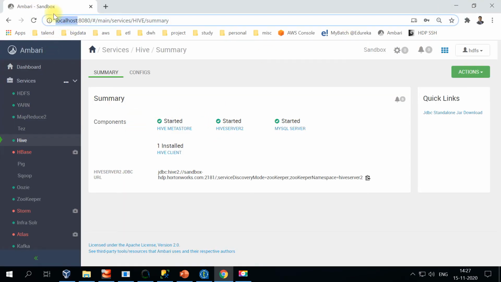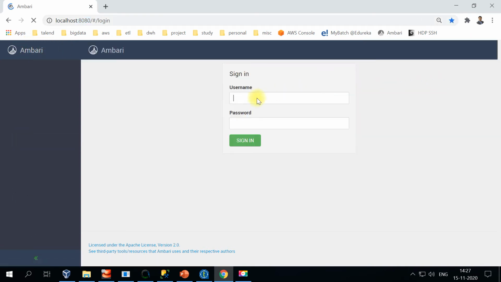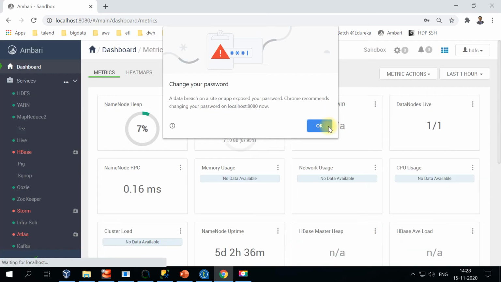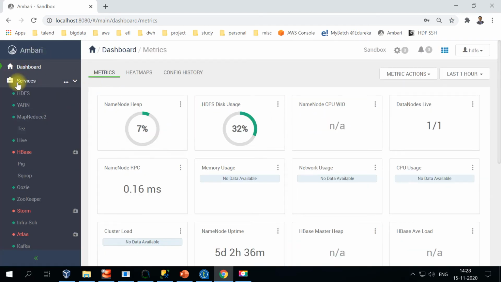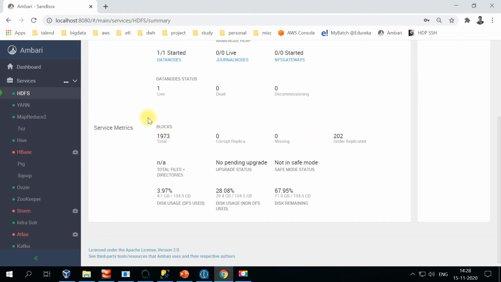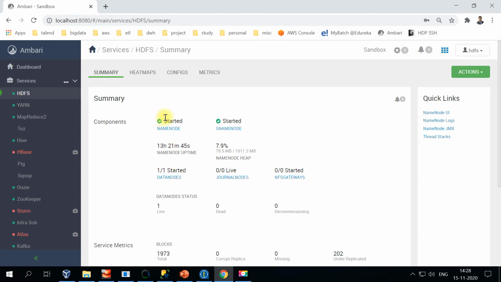When you open the browser and log on to localhost port 8080, by default you will be redirected to the Ambari login page. Let me sign out and show it to you. This is how you will get the initial screen. You can use your admin credentials or any other credentials to log into Ambari. When you log in, on the left hand side you will see HDFS, right? It gives all the information about your data nodes and your name node, whether it is up and running. If there are any issues, it will show us here in the notifications. So this is all about HDFS.